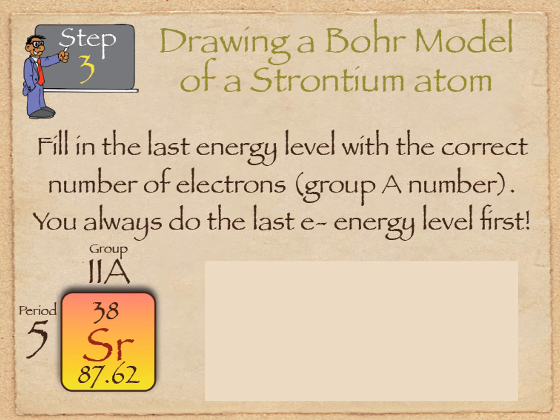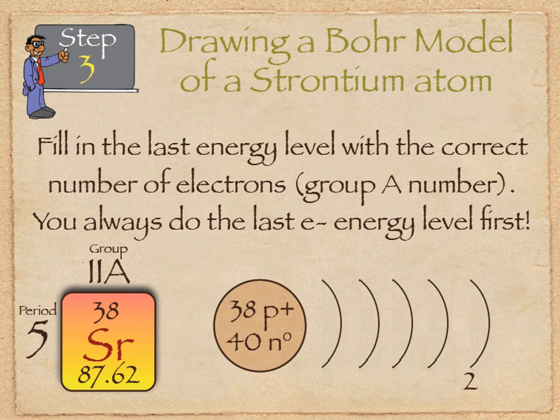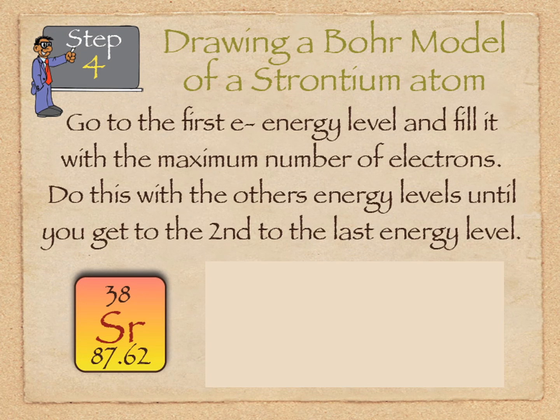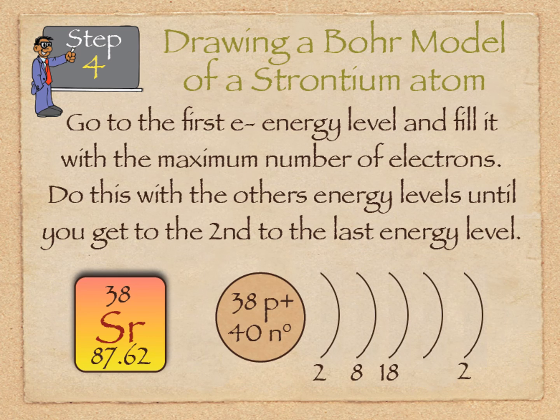Alright, step 3 is to fill in the energy levels with the correct number of electrons. You always do the last energy level first because we know exactly how many valence electrons it has. Strontium is in group 2, so we put a 2 at the end. Step 4, then we start with the first energy level and fill in the max number of electrons each energy level can hold. We know it has 2 in the first energy level, it can hold up to 8 in the second, 18 in the third,